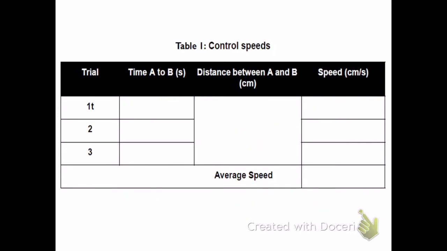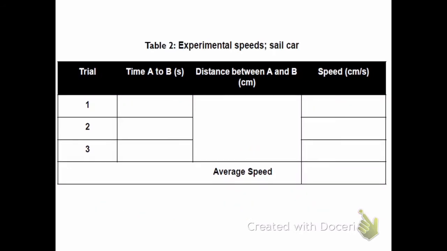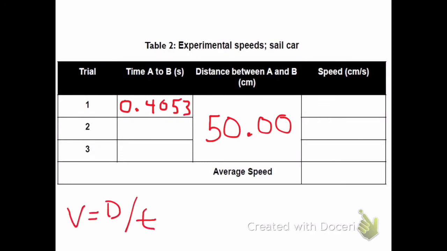I'm going to give you a second example, and that will be for the second table, the sail car. So this was the car that had the paper plate attached to it. Again, I'm using the data from part 2 of this video series. The first data point for the sail car was 0.4053 seconds. Again, the photo gates are 50 centimeters apart, and velocity equals distance divided by time, 50 centimeters divided by 0.4053 seconds. Punch that into a calculator and you should get